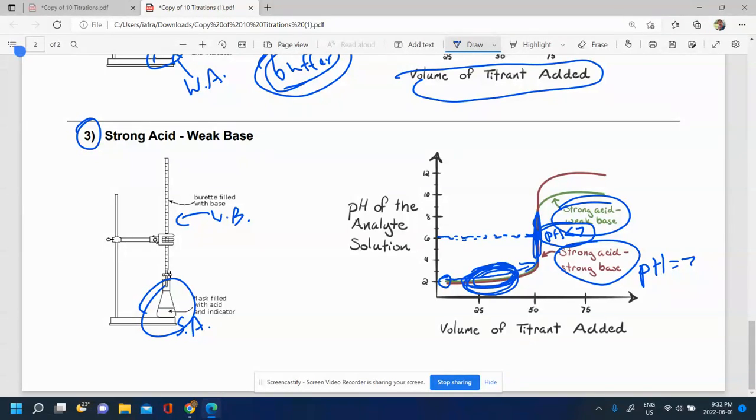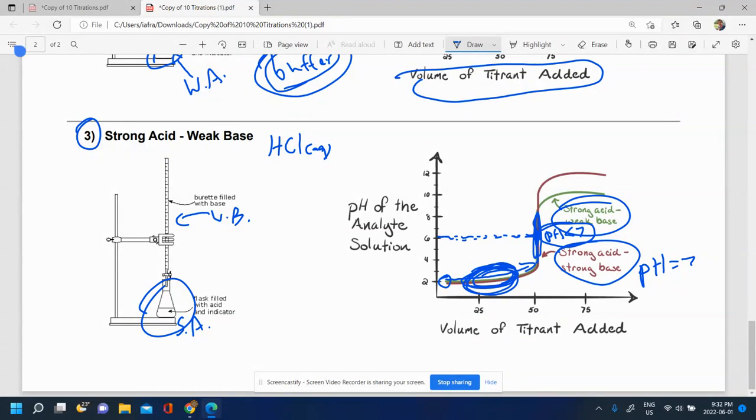Everything else is essentially the same. You have your overshoot region where you go above the equivalence point way too much. You have your region below and your buffer region, all that stuff. They're all the same. But the equivalence point is less than 7, and that's because the salt that's produced is actually a weak acid. So for example, let's say my strong acid was HCl,